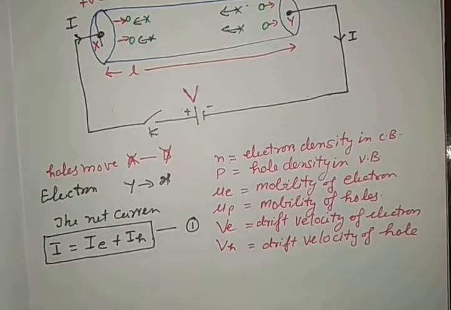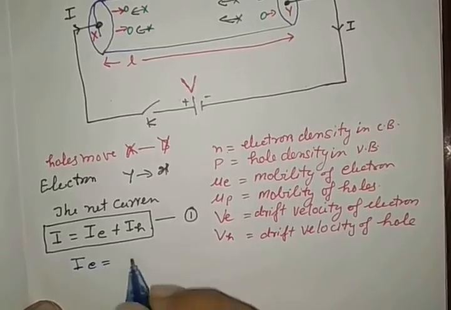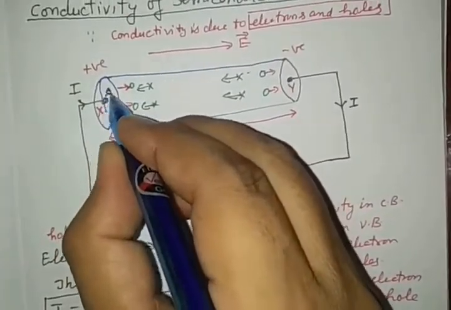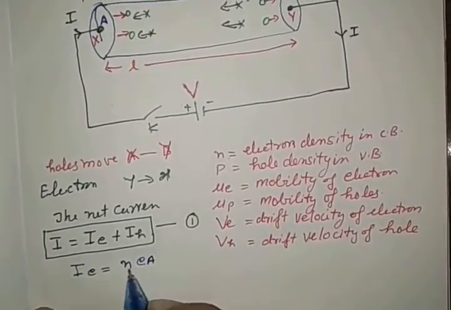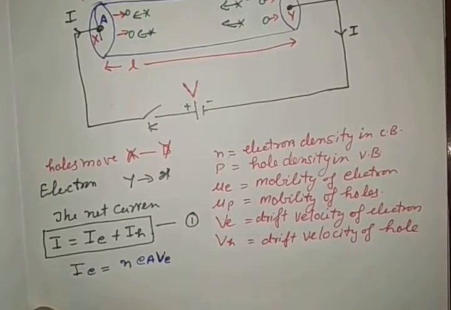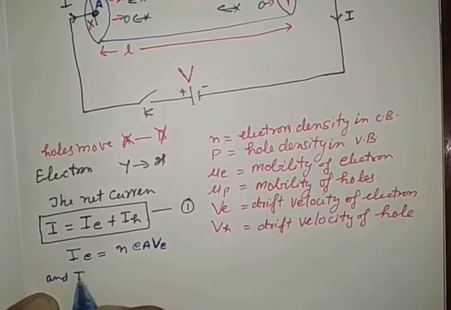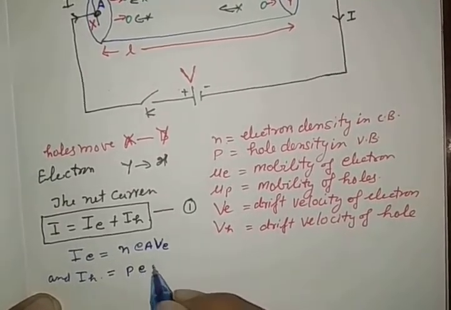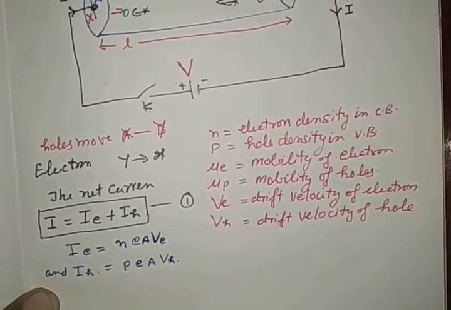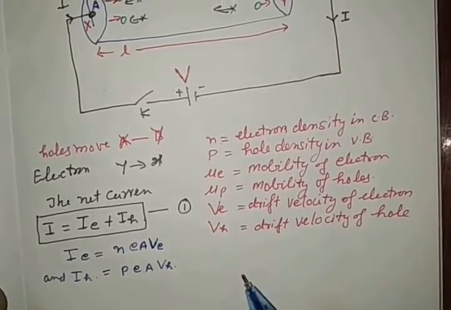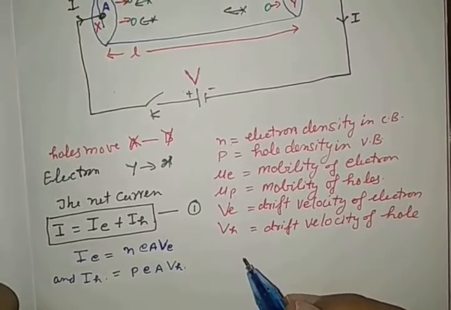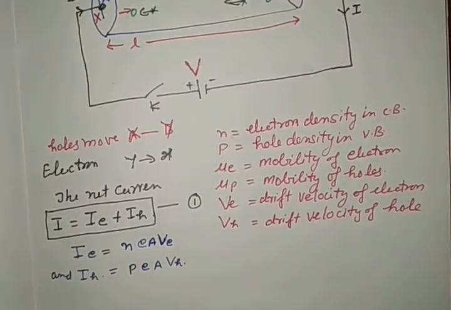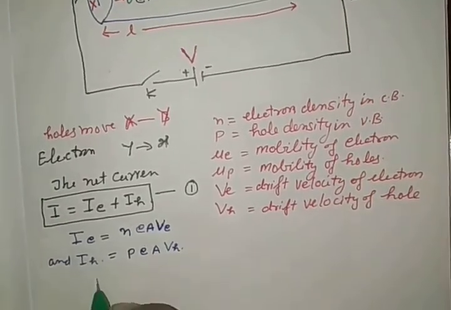Now, by the definition of electric current, the current due to electrons is given by n, charge of electron e, area of cross section A of the semiconductor wire, and drift velocity V E of electrons. The current due to holes is similarly number of holes p, charge e, area A and drift velocity V H. We know that in a semiconductor the mobility of electrons is greater than the mobility of holes. Putting both values in equation number 1,